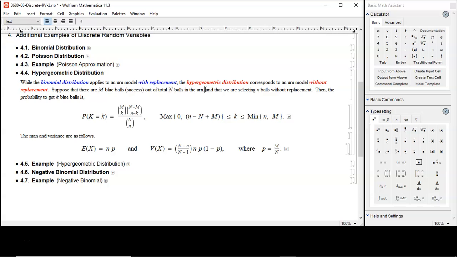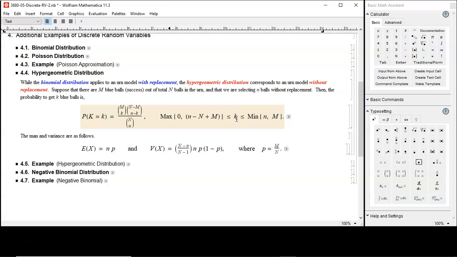So success probability is M over N initially, but without replacement, so it'll go down, down, down. M minus 1 over N minus 1, M minus 2 over N minus 2, like this. It'll go down, down, down. And then probability to get K blue balls is going to be this, because you see there are total M